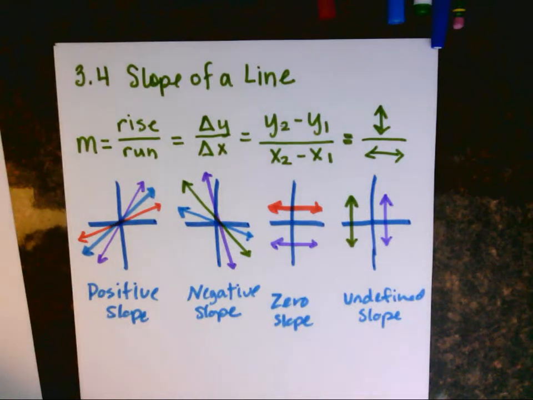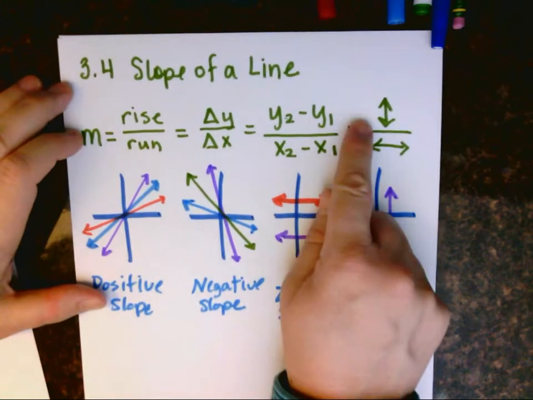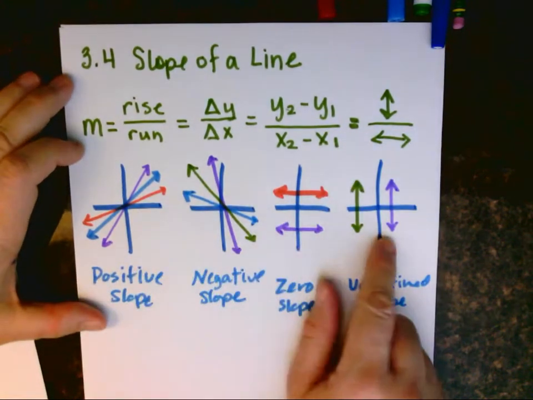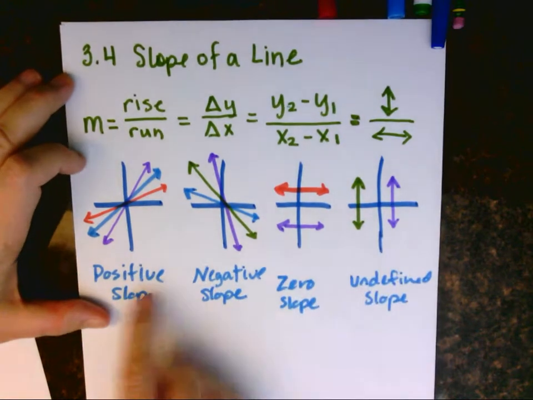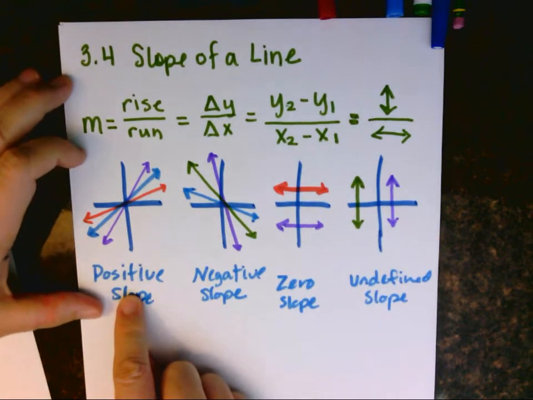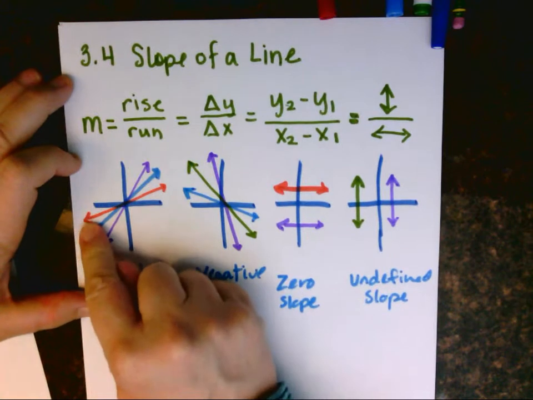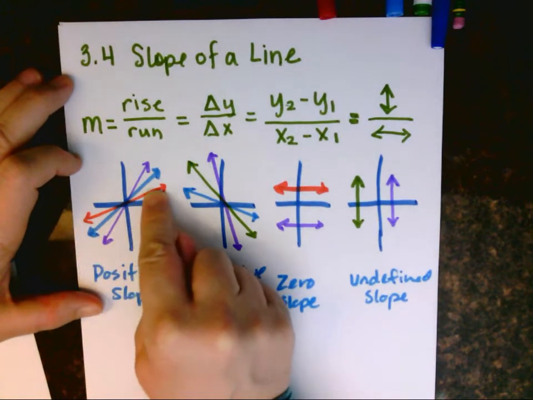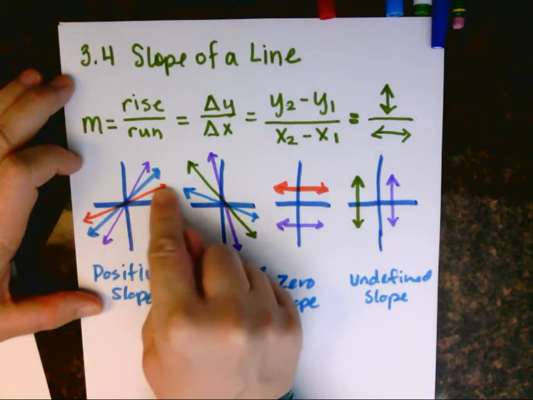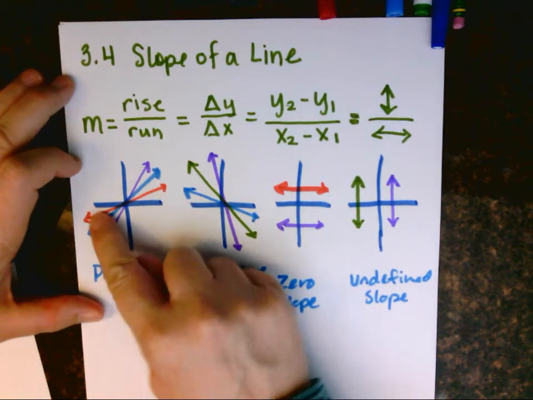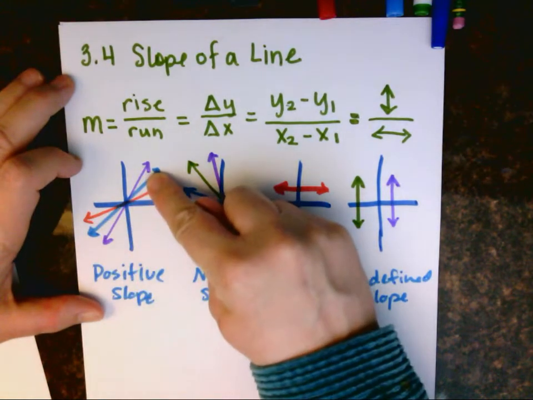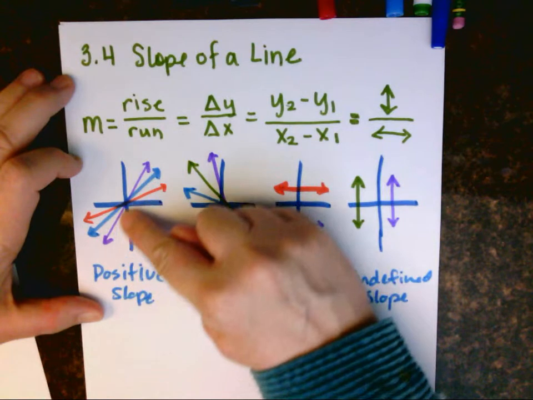Okay, let's get started. This is section 3.4, the slope of a line. Before you copy down these formulas, I would like you to look at the cases that are possible. We can have lines that have positive slope. As we read a line from left to right, if the line is going upward, it's like running uphill, it's positive slope. Notice that the blue line is steeper than the red line, and the purple line is the steepest